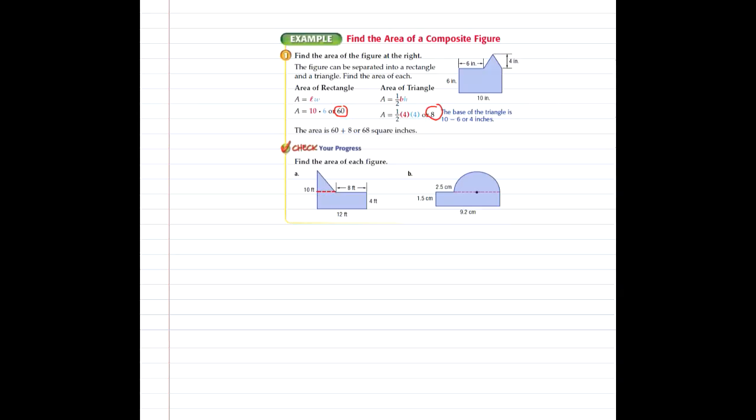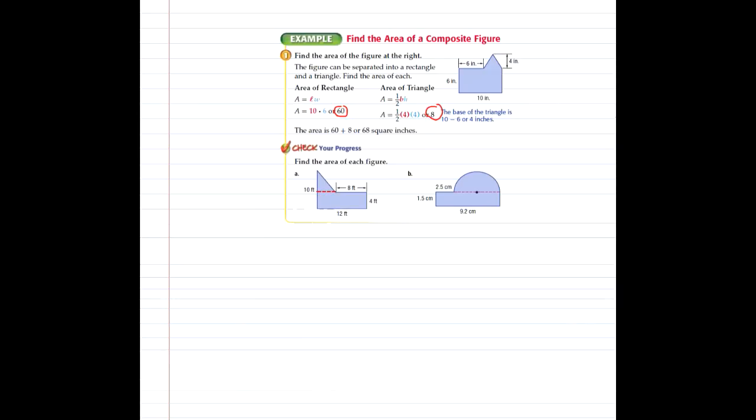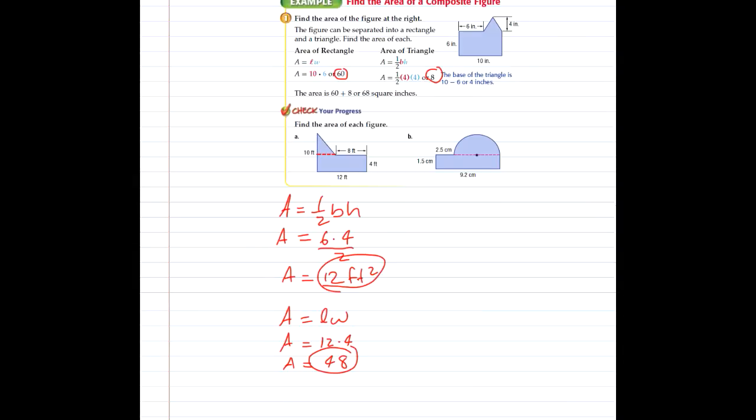In example A, we again have a triangle and a rectangle. Our triangle is 4 by 6. The base is 4, the height is 6, so our formula is area equals 1/2 times the base times the height. Our base is 6. Our height is 4. We're going to divide that by 2. Our area then is 12 square feet. The rectangle left over then is length times width, which is 12 times 4, which is 48. So we're going to add 48 and 12, and the area of our composite figure is 60